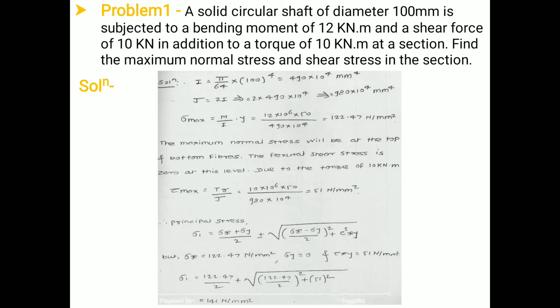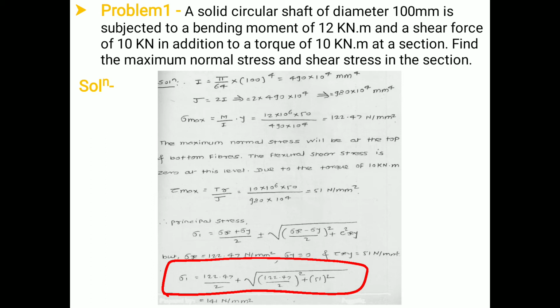Actually this is the value of principal stress of part A, and for the equivalent torque the value of principal stress can be given by sigma maximum or sigma divided by 2 plus minus under root of (sigma divided by 2) bracket square plus tau square. Okay, so this is the formula, you use this particular formula, don't go through sigma x and sigma y.